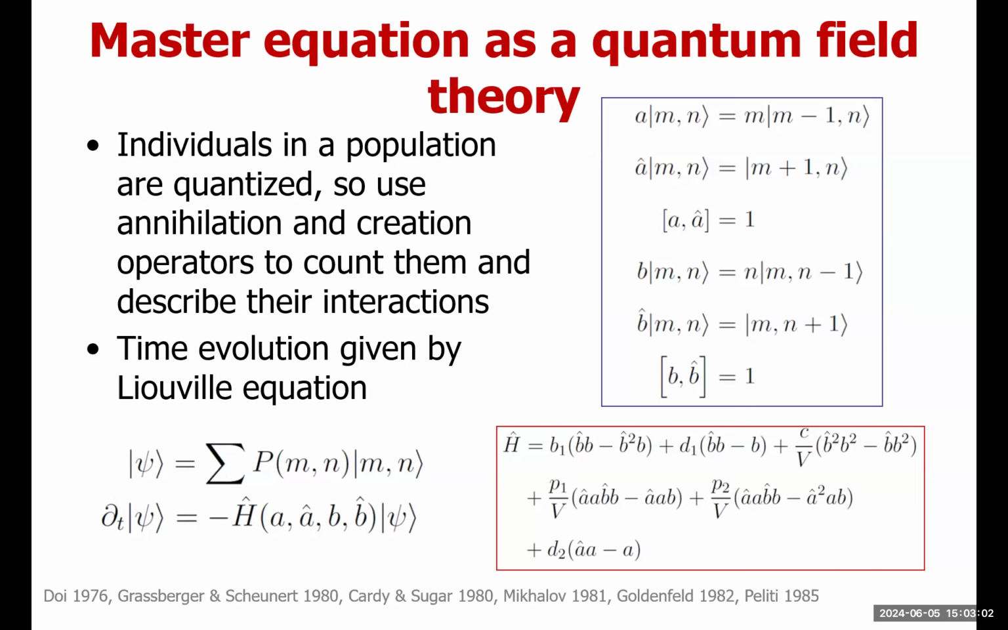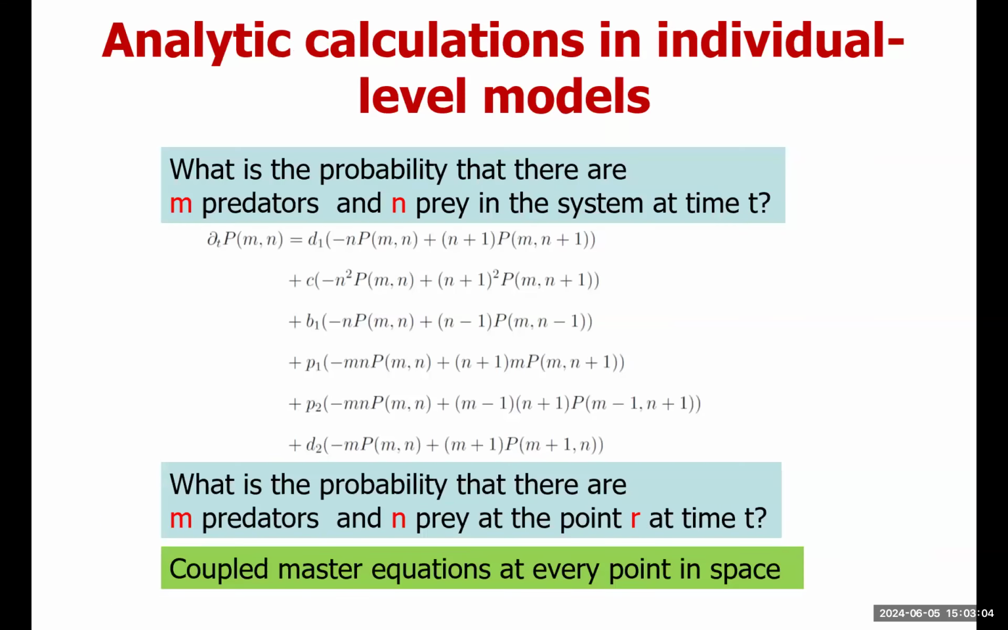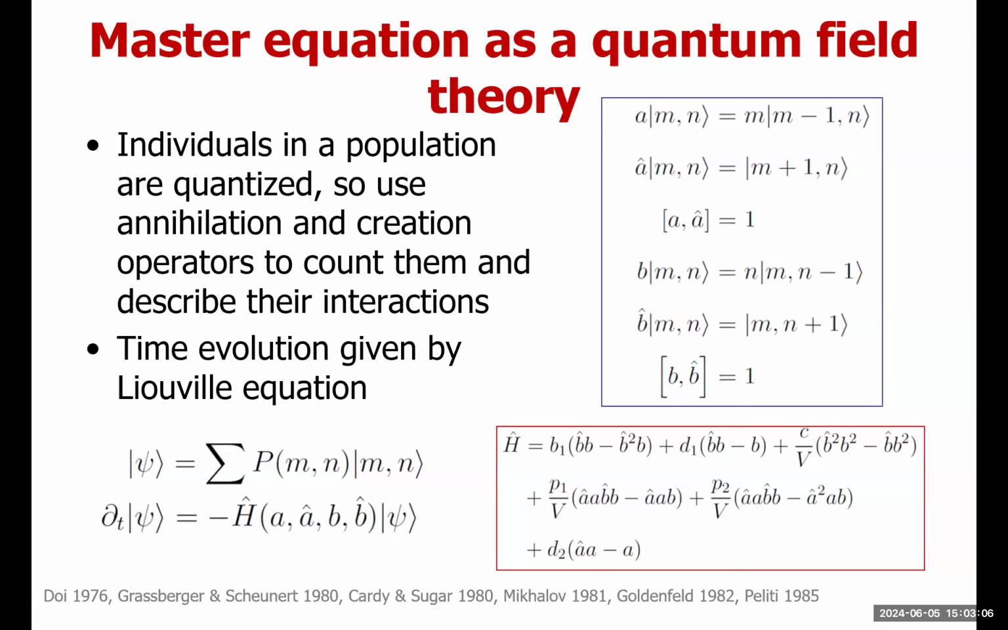N, I should have forgotten which way around it is. N is the prey, so I said the wrong way around. This is the prey being destroyed. This is the prey being created by an operator B hat. And these operators, you can show the following commutation relations, and then you write down a